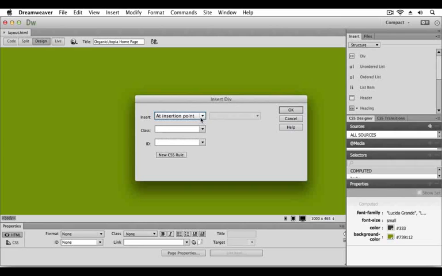When creating a div, we can identify our div using a class or an ID. The difference between a class and an ID is that any given page may have multiple instances of a class, but may only have a single instance of an ID. Since our page will only have one container, we'll go ahead and use ID. And we'll name it container. At this point, I'm going to click OK,